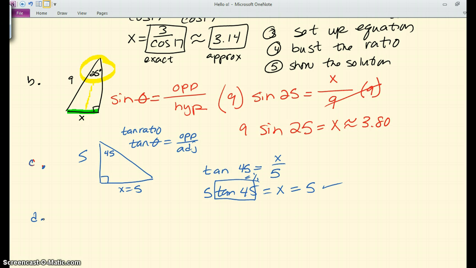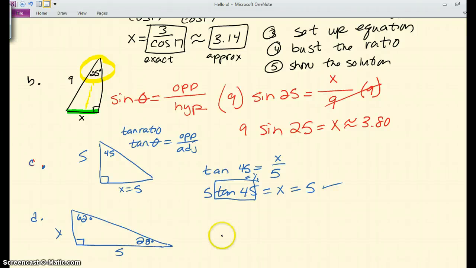D, we draw the triangle first. X, 5, 62 degrees. Now you've got some choices for each of these, right? 90 minus 62 gives you the complement of this angle. You know this is a 28-degree angle. So if you want to use tangent of 28, you can. If you want to use tangent of 62, you can. Either of those is a legal